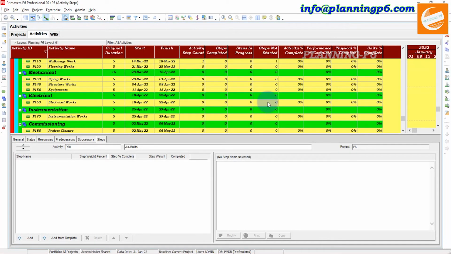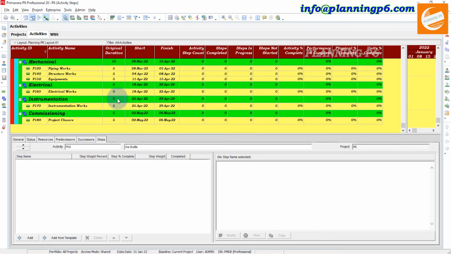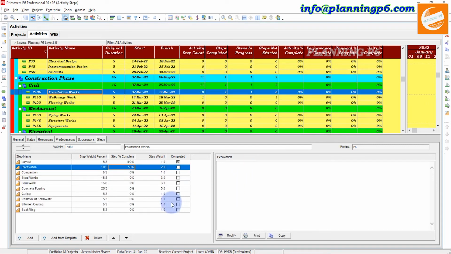Hopefully in this tutorial you understood very clearly the purpose of the activity steps option and how we can work with the activity steps option in the smart schedule with the two short activities here. But in the detail view we can add from here and manage by our weightages also.